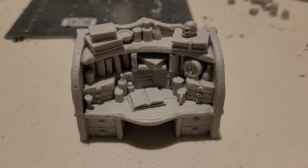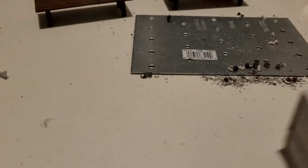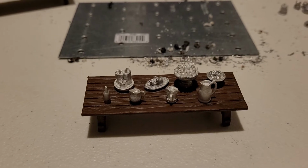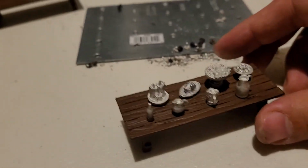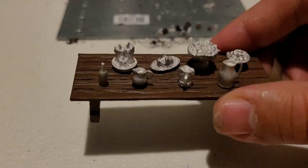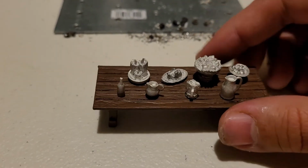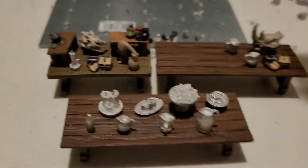And so the point of this video is to bring to light a lot of these little fiddly bits that you normally wouldn't really use. Normally, you glue this to a table, and then that table is forever that way, right? It's always going to be what it is. So instead of doing that, since I have a lot of little odds and ends, some of it very random, and then more to go over there, some plates and dishes and stuff over there,